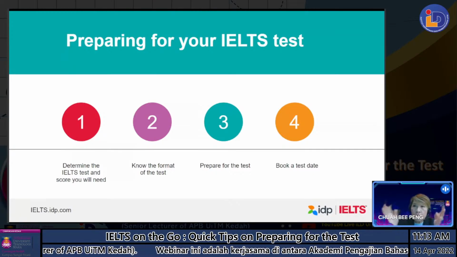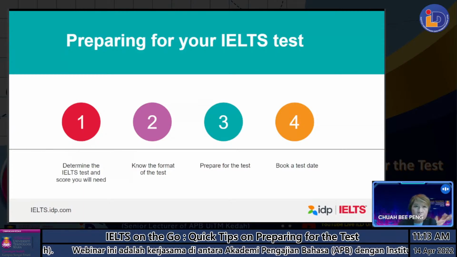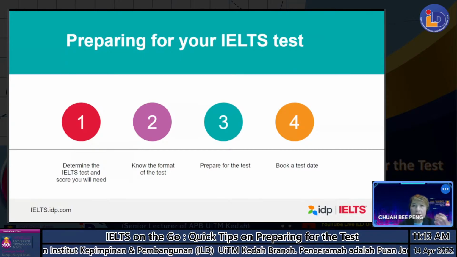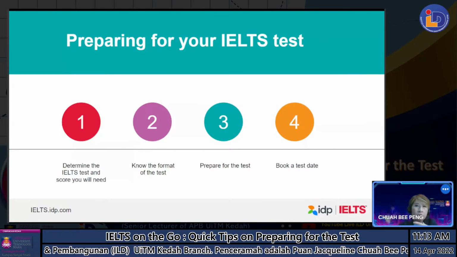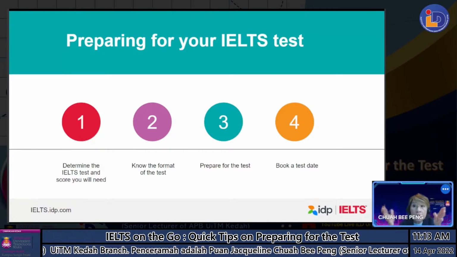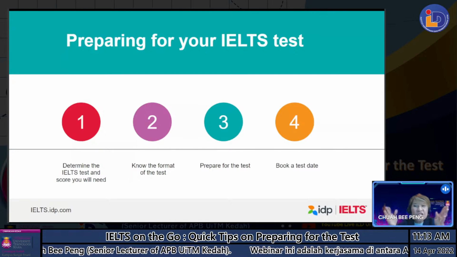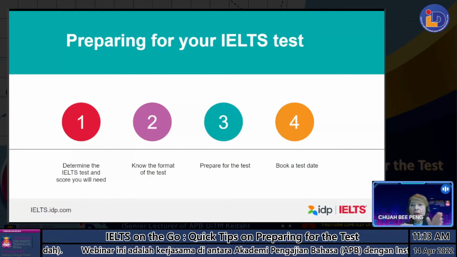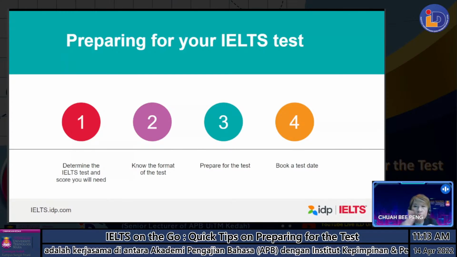You do not want to say, next month you need the results and you plan to do the test, say, 1 or 2 weeks before. You can't do that. You need to plan at least 2-3 months ahead. Do the test and get the band that you need, and then also get the results before the submission date, right? And also you have to be prepared that just in case you don't get the band that you need, you may have to retake the test, and then the whole process will have to repeat.